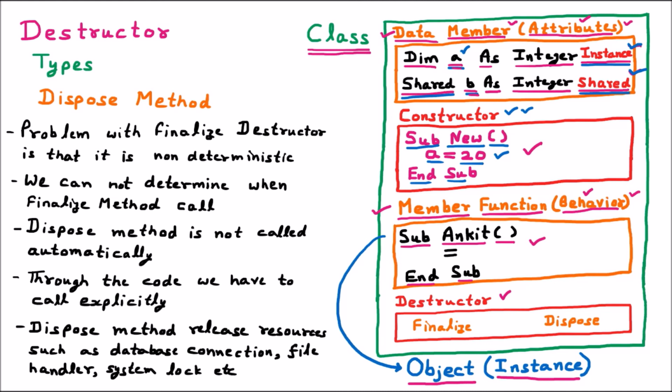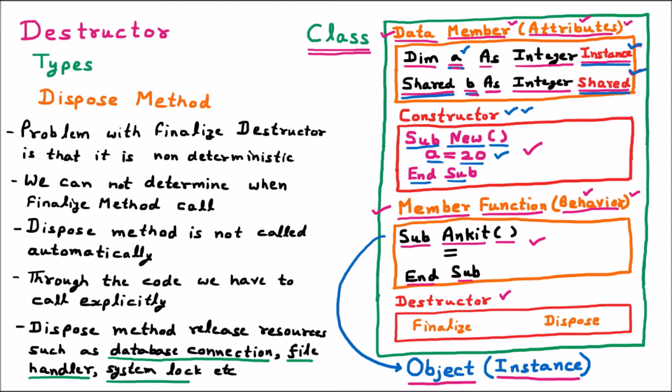Whenever we connect with a database, at that time a database connection is required. Now that database connection remains as long as we are connected with the database. But once our project is over, we should remove it because it is consuming some memory. So that resource can be removed. Then we have the file handler. We know that many times we use some files inside our project. Now to handle those files, editing the file, making the file, and updating the file, a file handler is required. Once the task is over, those file handlers should be removed from the memory.